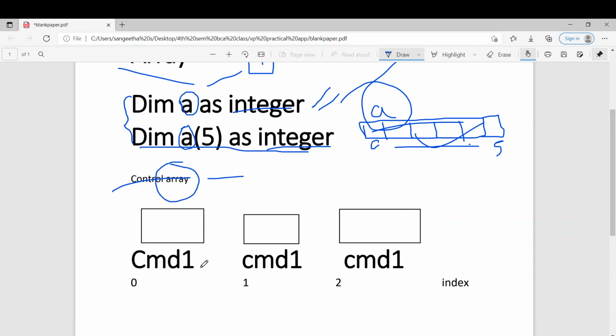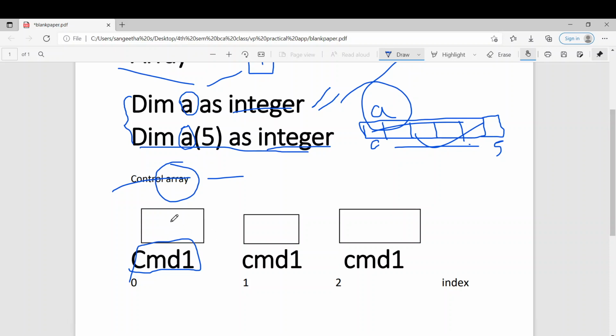Let me take an example. For example, we'll have only one command button. So I name it as CMD1. With the help of one command button, I can perform a single task using a single event. When I want to perform different tasks using only one named button,